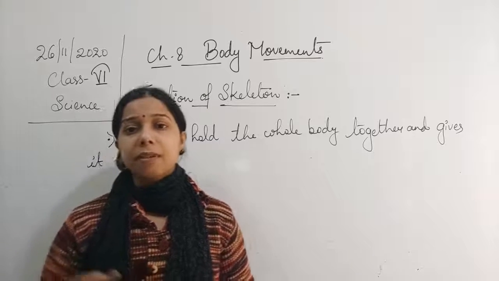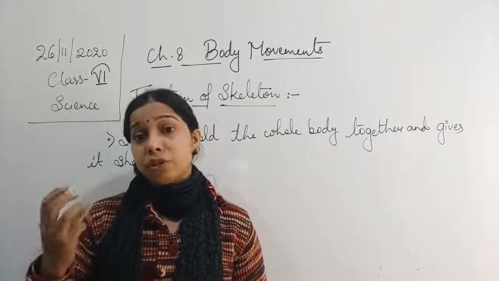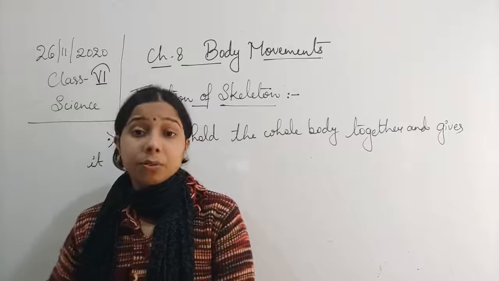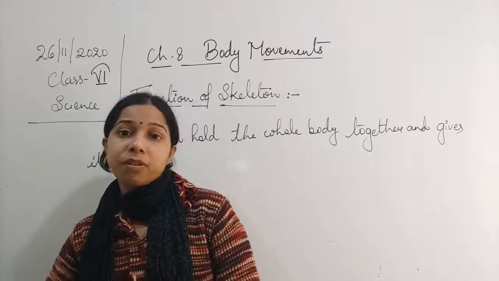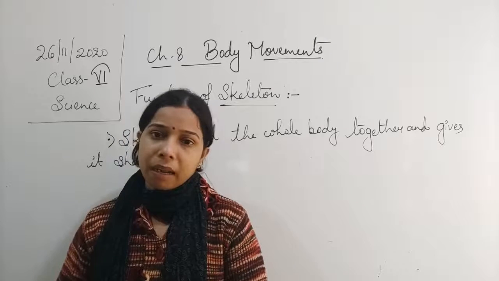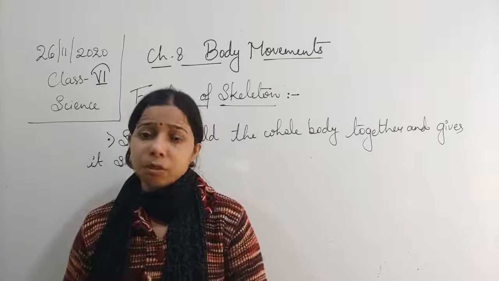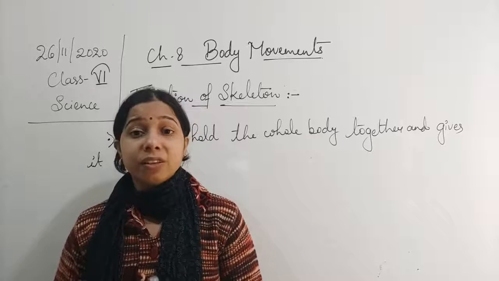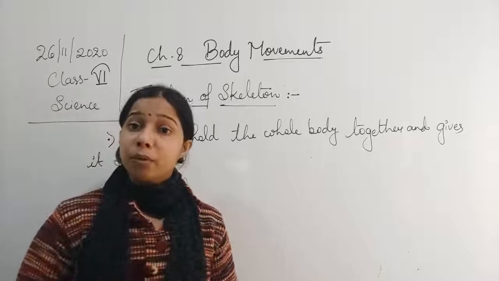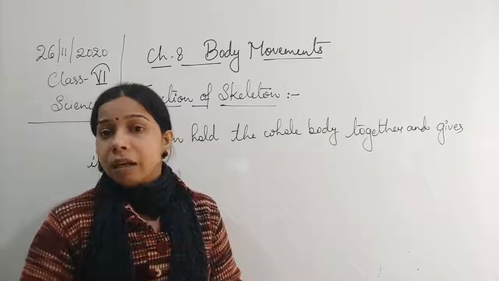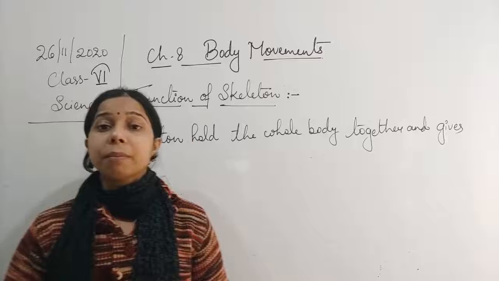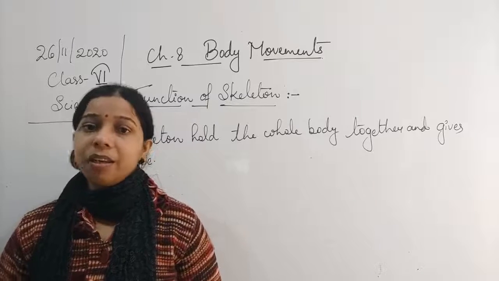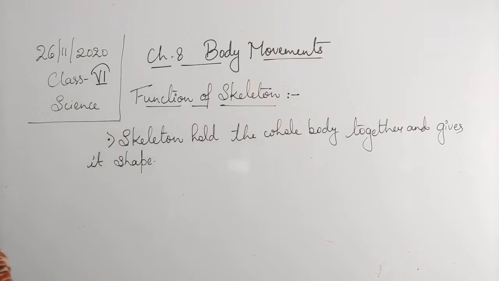As a student, if your head gets injured, it is the skull which protects the brain. Otherwise, what will happen? Ultimately, the person may go into coma or paralysis, or any kind of other mental disturbance can occur. Okay, so it helps in preventing injury to the brain. It helps in preventing injury to the lungs and the heart. So it helps in protecting the internal organs from any kind of mechanical injury. Okay, so we can write it.